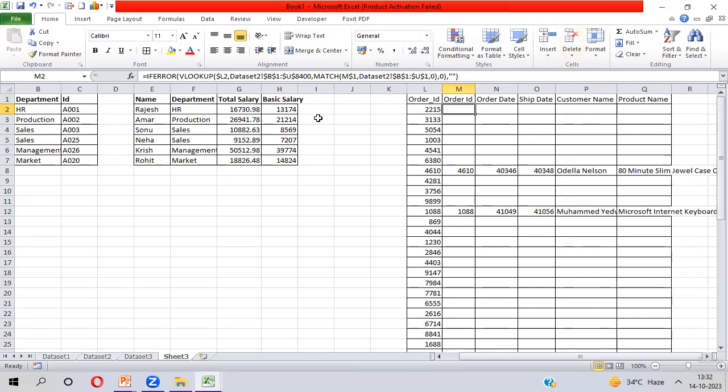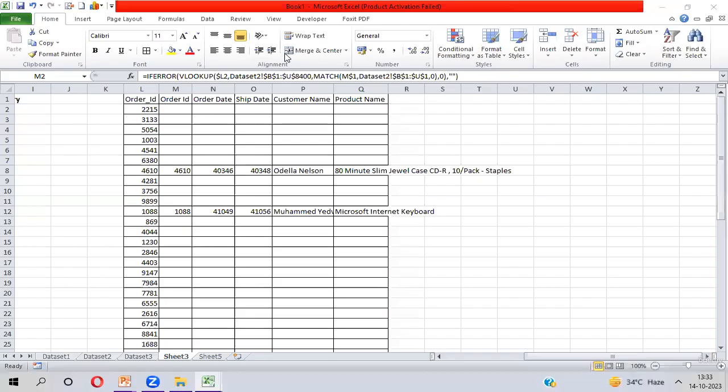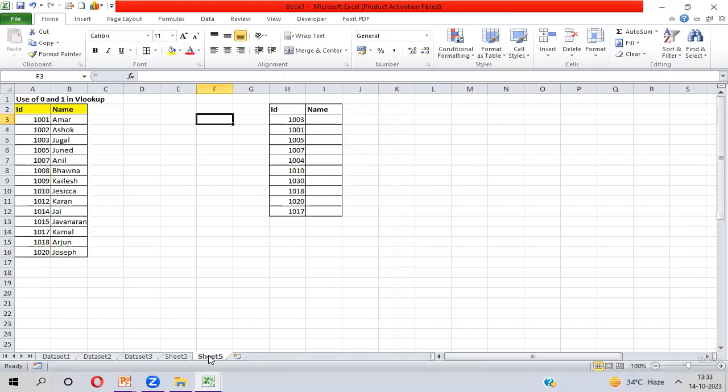I have given you 2 examples. Now I will give you another example of VLOOKUP. So now moving on, next tab with a new example. Suppose this is my data set. In this data set, here is the employee ID. I want to pick the name here. So you will have to apply a basic VLOOKUP,